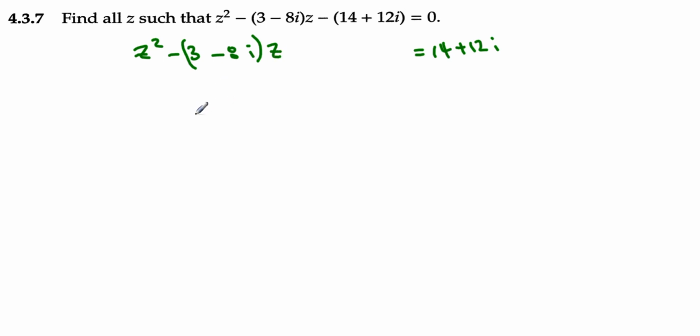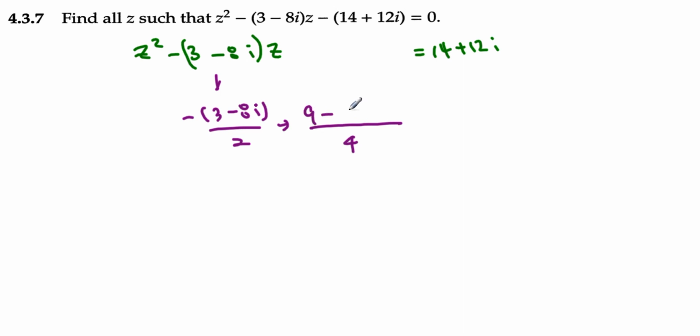Now I'm going to take the middle term, the coefficient of z, divide that by 2, we get basically negative of 3 minus 8i over 2. That's what I'll be getting. But when I square that, I'll be getting, denominator becomes 4. The numerator, negative sign disappears basically. We get 9